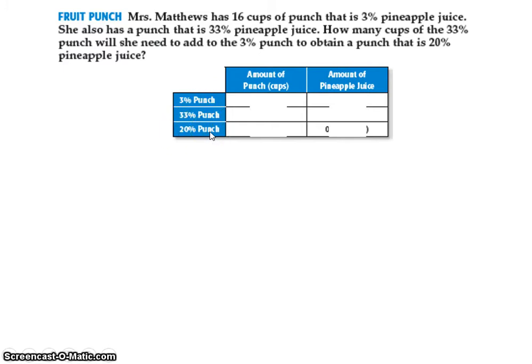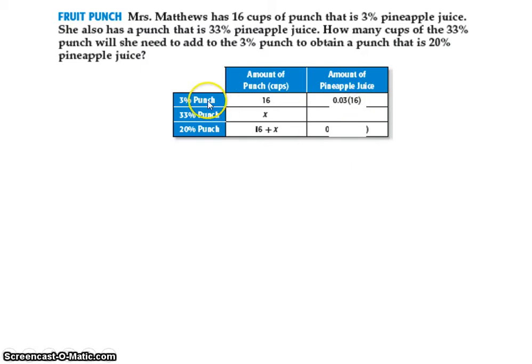final goal. The amount of punch of each one, of the 3%, we need 16. Of the 33, we don't know. That's what we're looking for. And then our final punch, we know, is 16 cups at 20%. Okay, so 16 plus X. I'm sorry, I said that wrong. Okay, the amount of